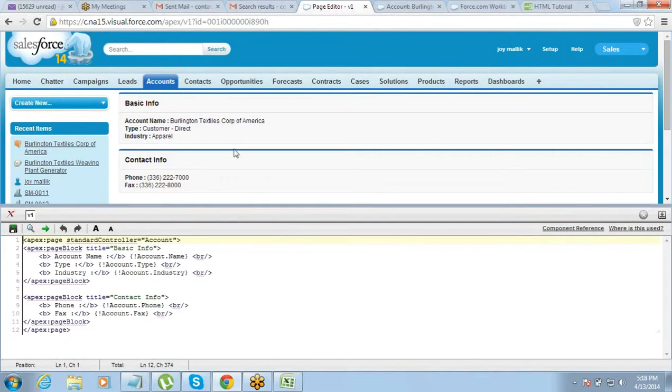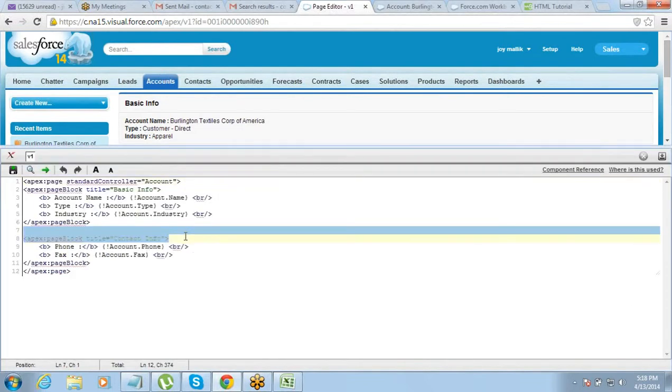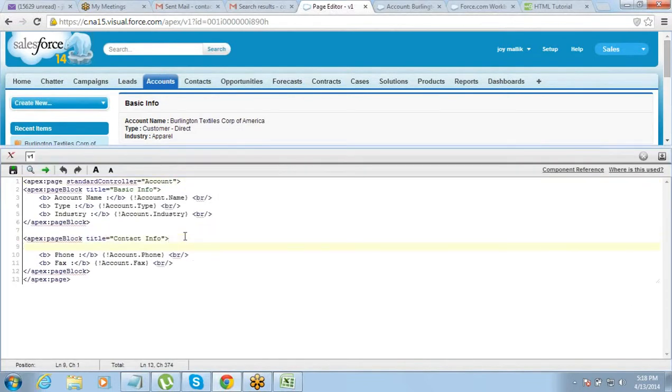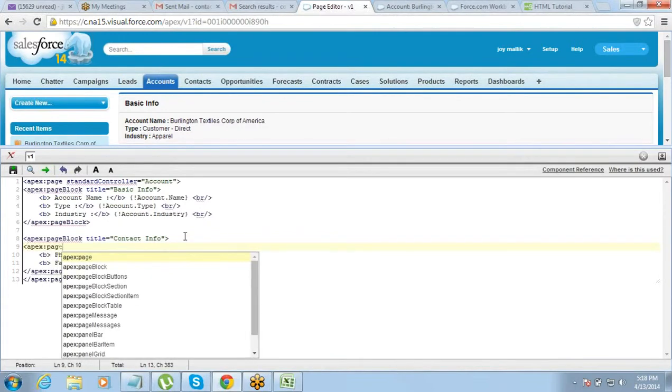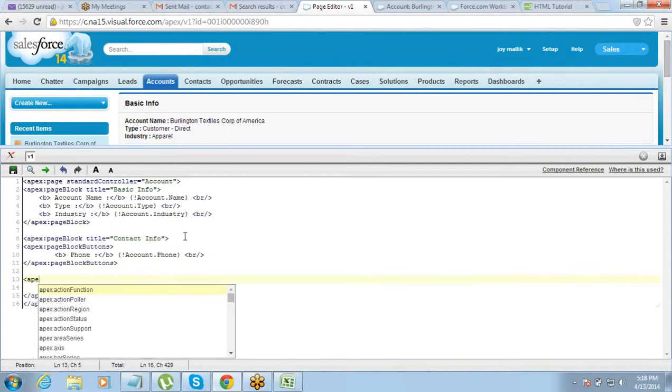The way we have used page block, there is another thing which is used under page block, which is called a page block section. Apex page block section. So page block section is for further breaking down the page block. Let's say I want to create 2 more sections for the page block.